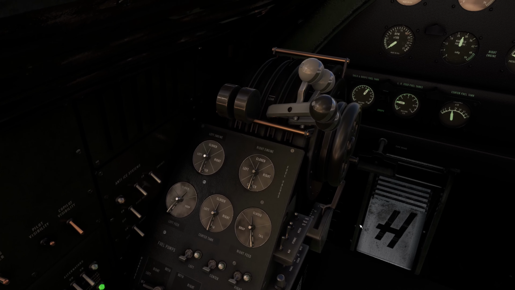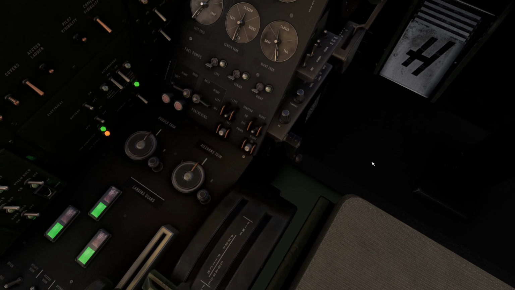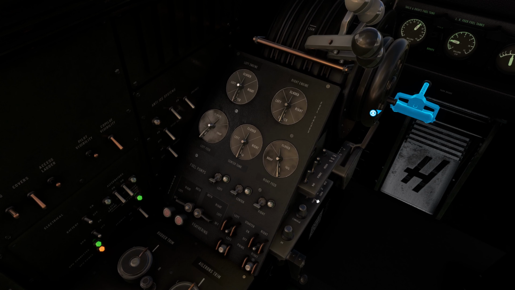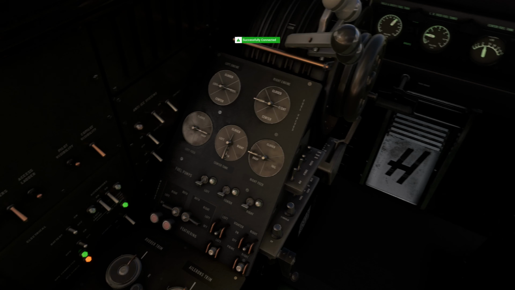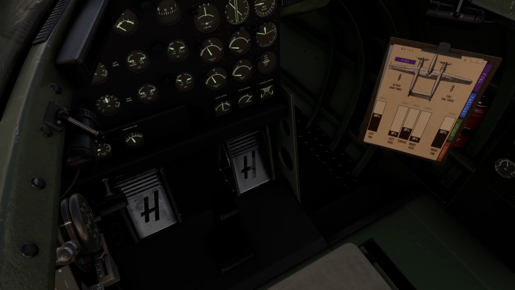Alright, let's quickly start the engines. Mixture rich, propellers fine. Left tank for the left engine, right engine goes to the right side, left feed tank goes to tail, right feed tank goes to tail. This one stays closed, and we will see that as soon